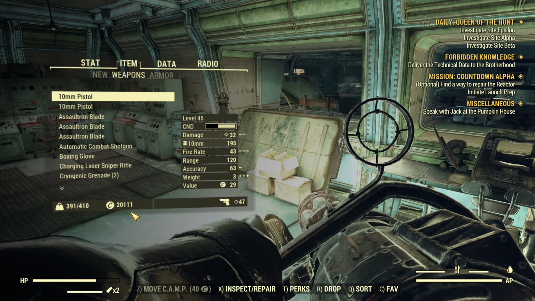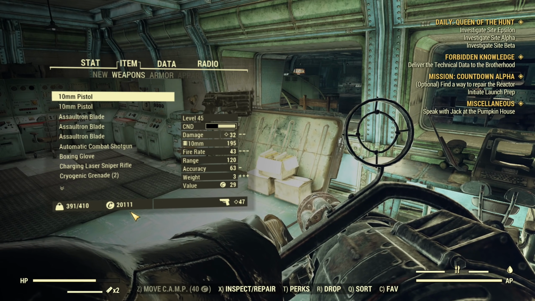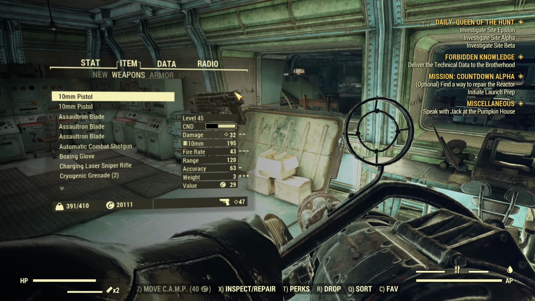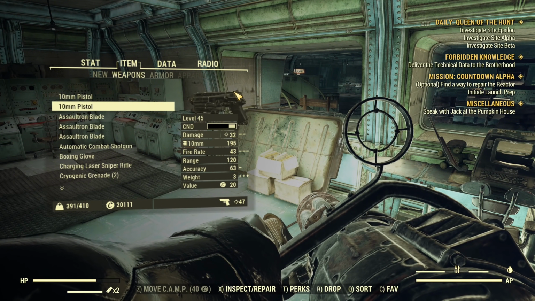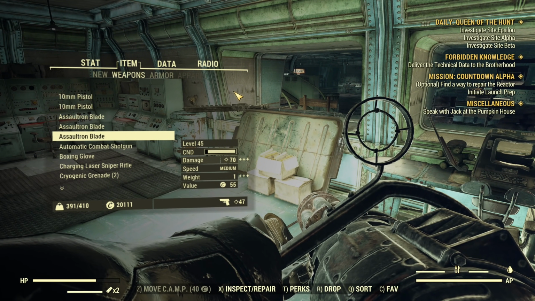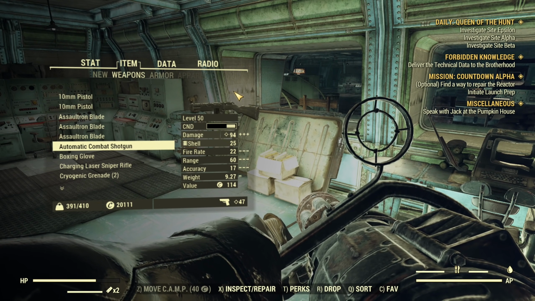So yeah, that's 250 caps that need to be deducted from this number. So I didn't earn much. It's a little bit of caps from containers, not much at all. Now about the weapons. I did find some 10mm pistols, Assaultron blades from, of course, Assaultrons, one automatic combat shotgun,